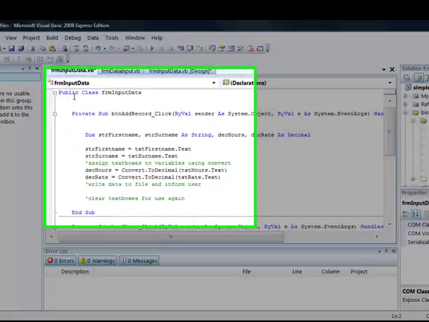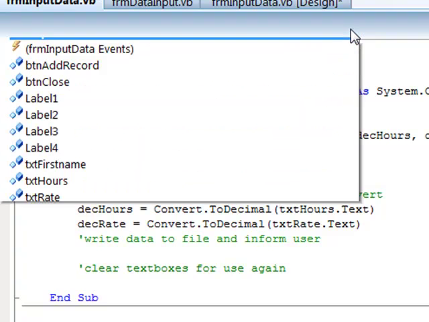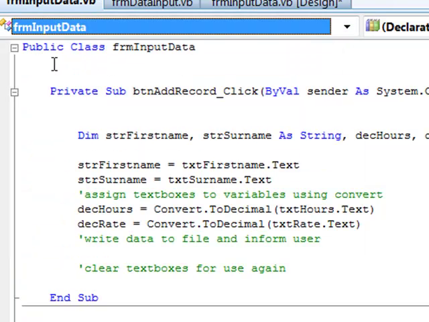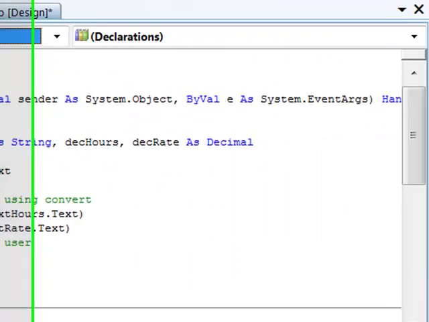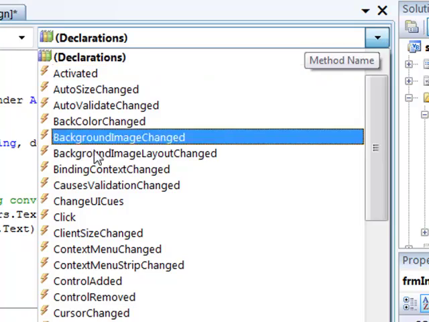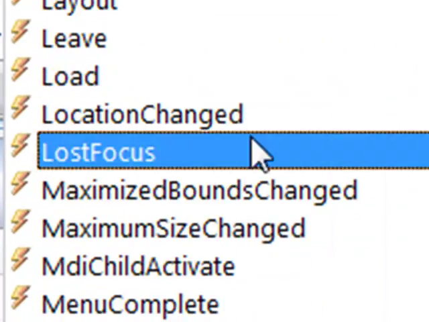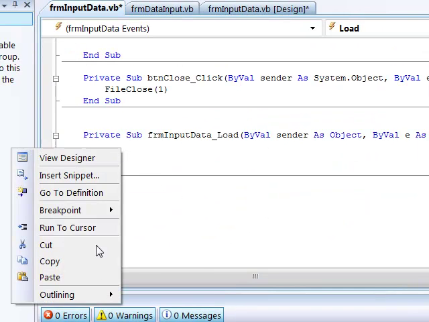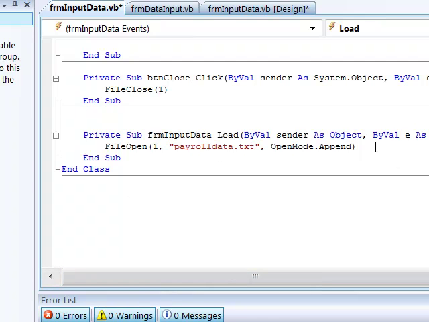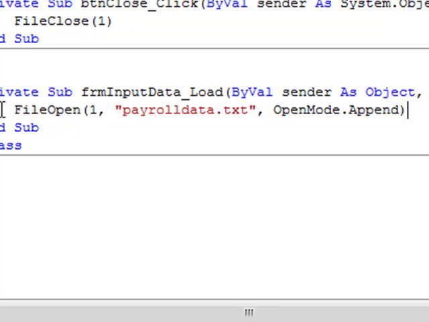Okay, once you've done that, you need to go into the code, we need to go into the form input data. We need to set up a form input data event, and we need to select load. Okay, now here's one I've prepared earlier, but basically what we're doing is when the form loads, we're actually going